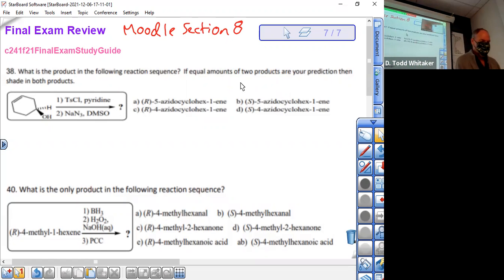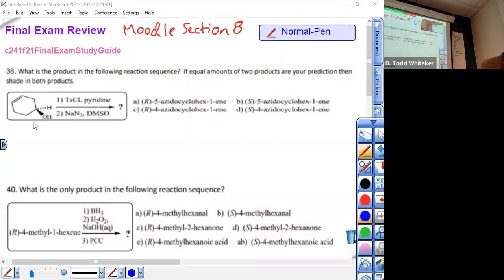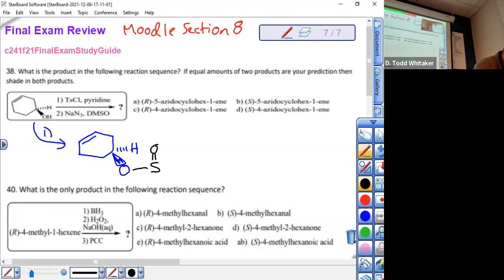Your intention is to shade 1 answer for every question until you're told you can do otherwise. All right, so TsCl and pyridine. That's how you make a tosylate ester. So step 1, and you've got to remember the stereocenter does not change during that reaction. The O attacks the sulfur, so the O stays in the same place. Just in case you're curious, you don't really have to draw this out, but there's what the toluene sulfonate ester looks like. And now you have a secondary RX,